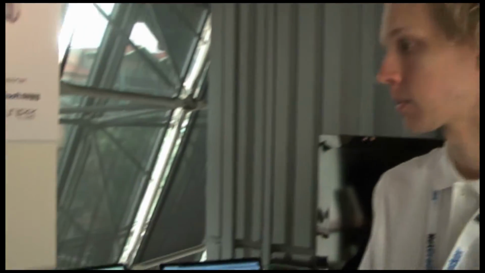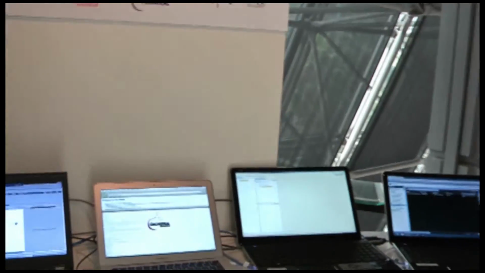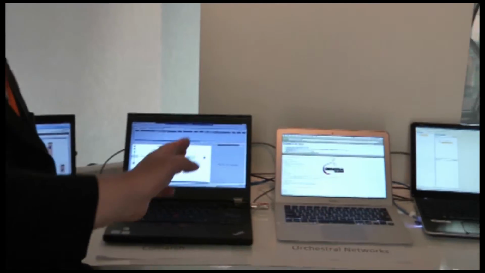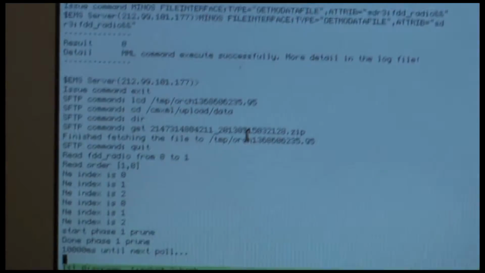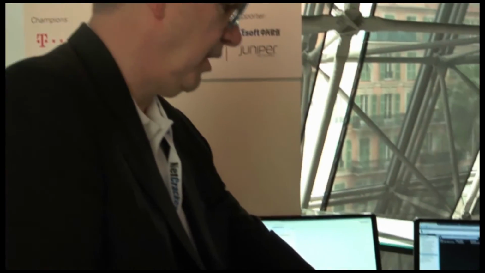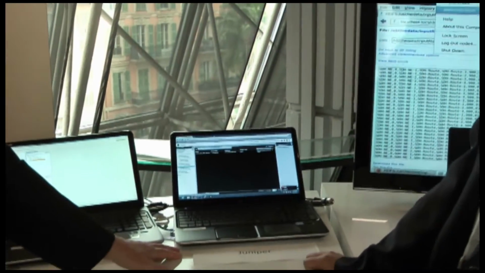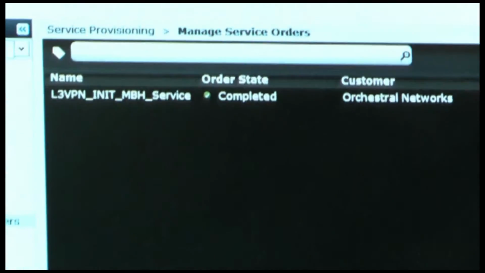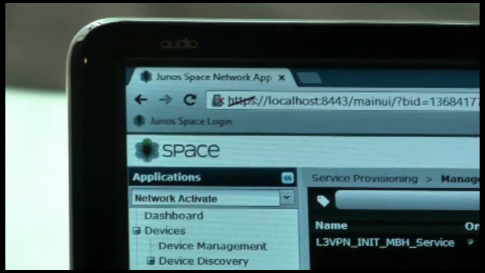In a previous demo, Orchestral Networks showed its graphical user interface and its enhancement functions. In this demo, Orchestral Networks is just showing the log of the actual operation of the adaptation and enhancement layer. The ZTE EMS uses the 3GPP bulk file transfer protocol. The Juniper EMS uses a REST interface, so instead of a bulk file interface, it receives a URL, a body, and